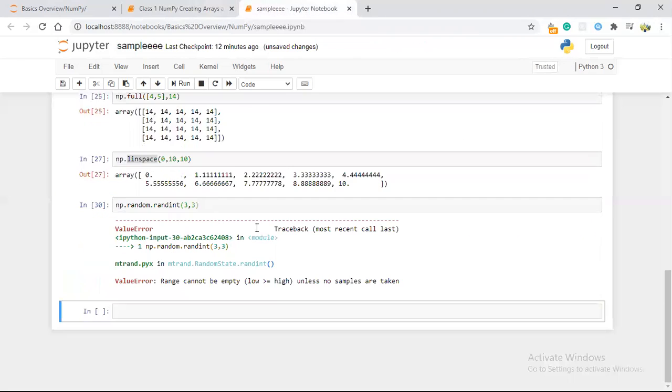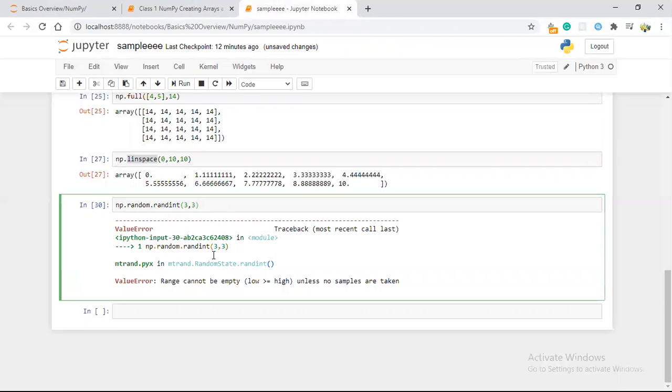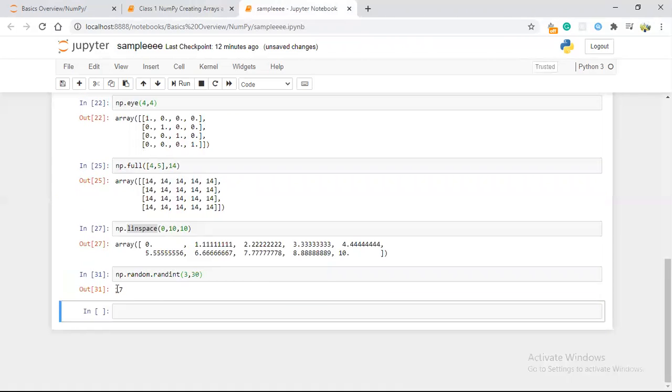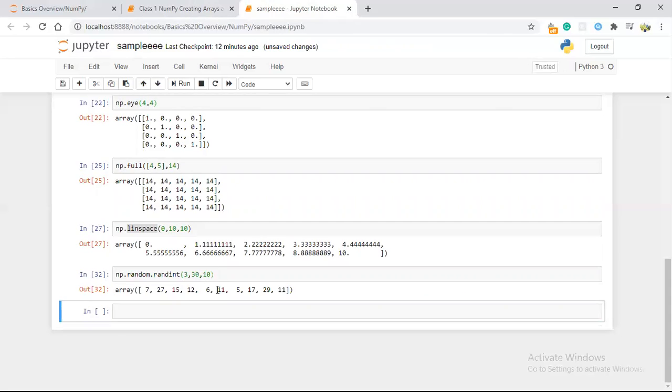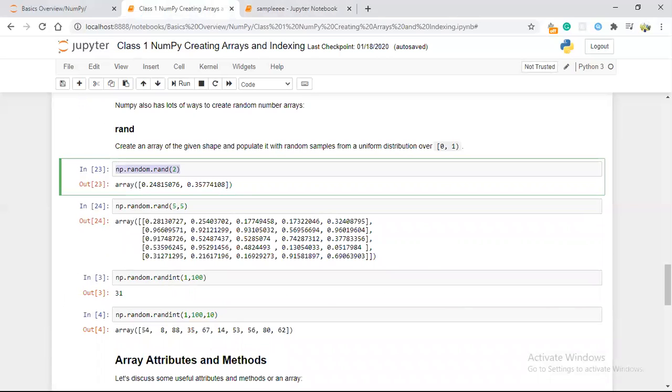When we are using integers, you need to give the range. So 3 to 30, I want to get a total of 10 random elements, and you will get the output like this. So this is how random works. Random is used to create random stuff.